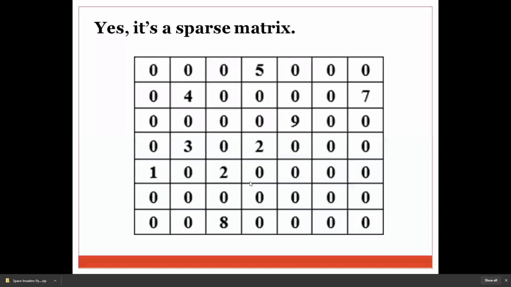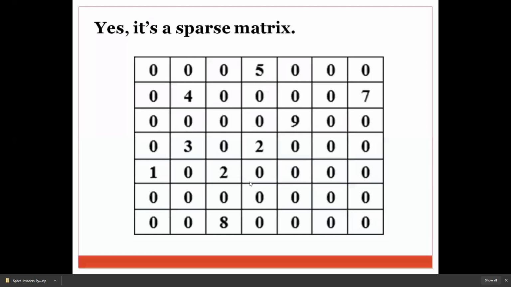So non-zero elements are like 5, 4, 7, 3, 2, one more 2, 1, 8. What I can do is represent my sparse matrix in such a way that I only allocate space for this part. Okay, so how should I represent it?